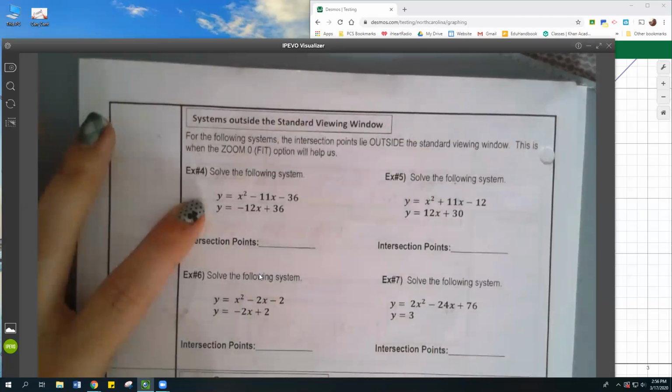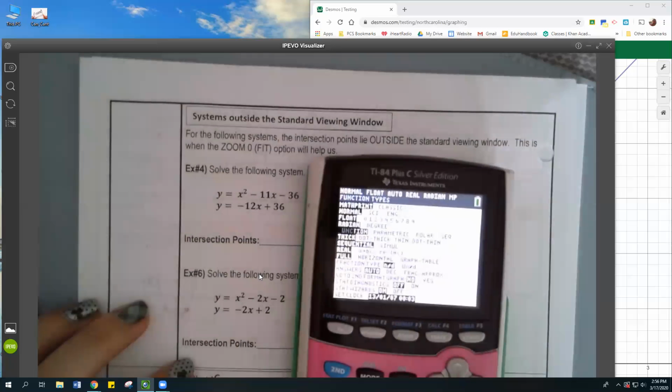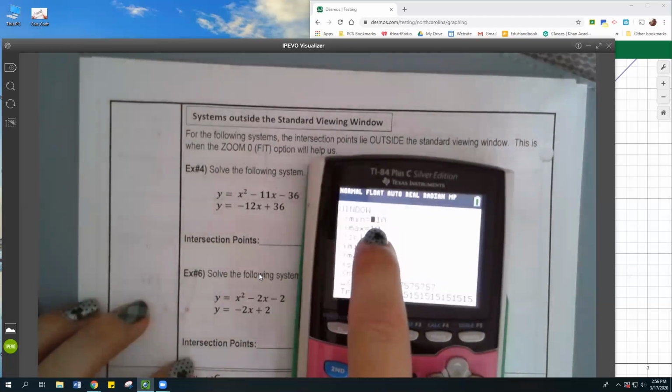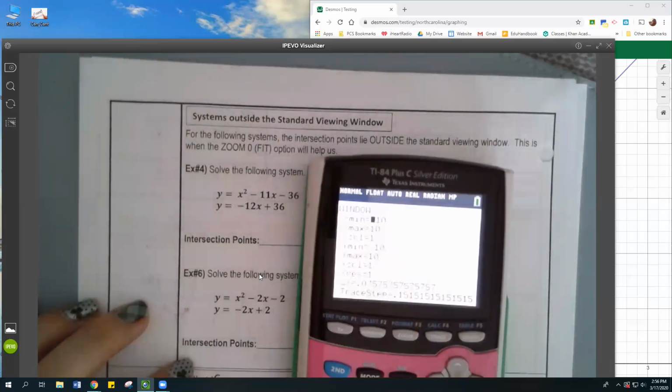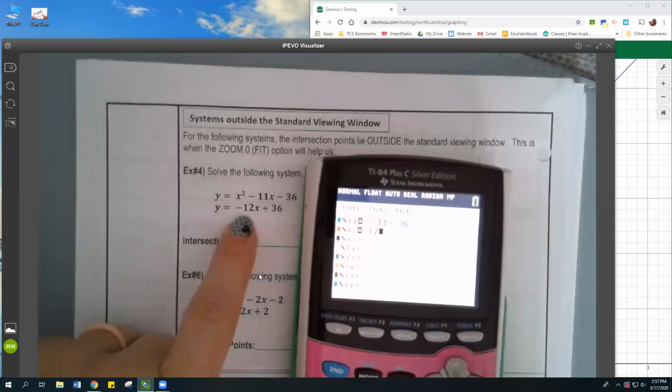So what we're going to do is graph this system of equations. Let me get my calculator into Math 2 mode instead of calculus mode. And my window, the standard window, the default is -10 to +10 and then -10 to +10. So what I'm going to do is go into my y1 and say x squared minus 11x minus 36 and a -12x plus 36. And then when I go to graph it to look at my solutions,